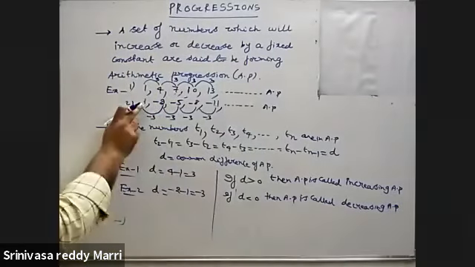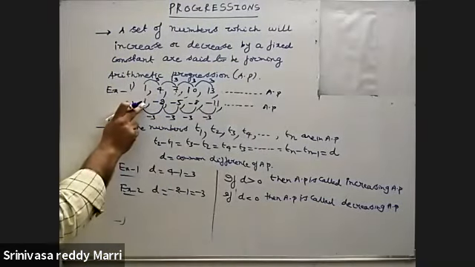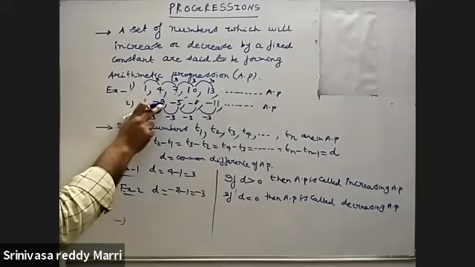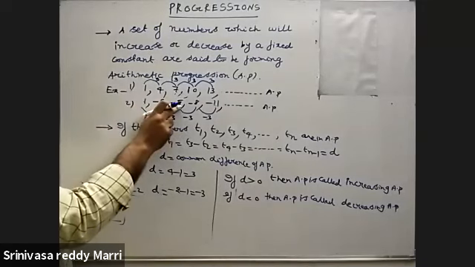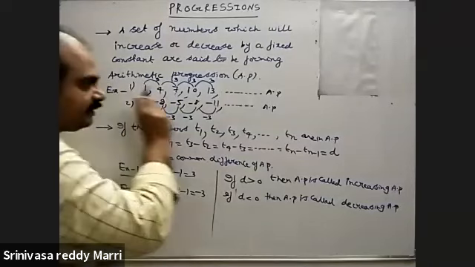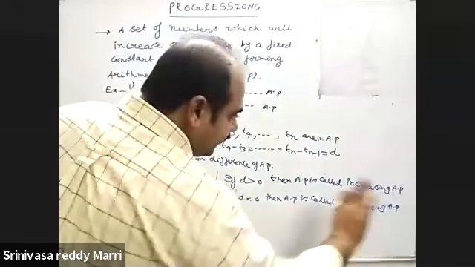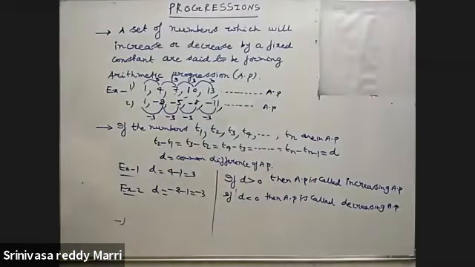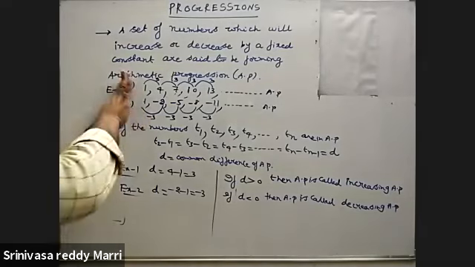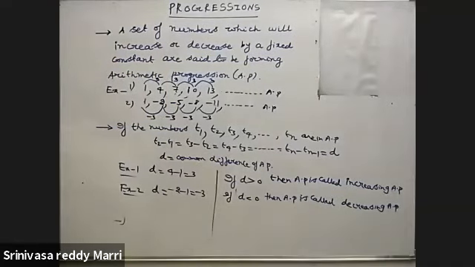Look at 1, plus minus 3, gives minus 2. Minus 2 plus minus 3 gives minus 5. Like that, it will be in decreasing order. That's why it is called a decreasing AP. Like that, whenever numbers are given, to check whether they are forming an AP or not,